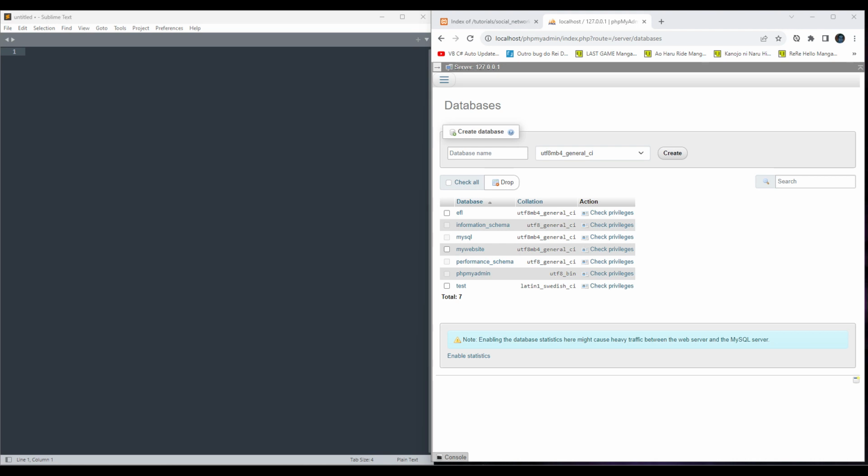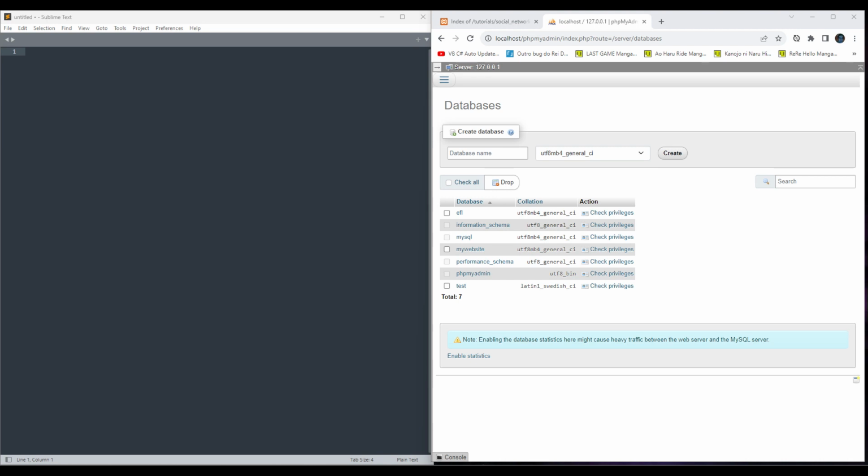We'll be leveraging the power of PDO, aka PHP Data Objects, for our database connections. PDO not only helps us connect to the server but also enhances security and supports multiple database types, making our project robust and scalable. Throughout this series, we'll cover a wide range of topics to ensure your social network includes